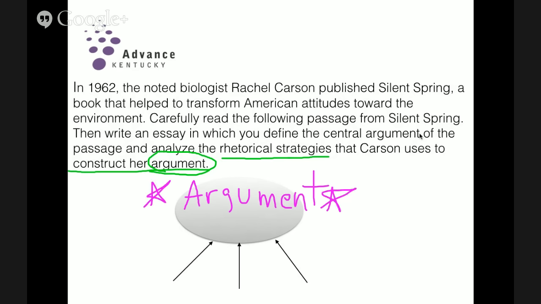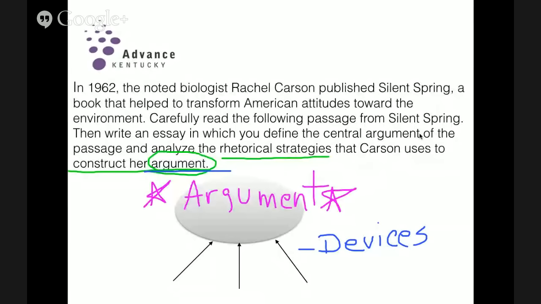Now, in order to understand that, you have to be able to analyze the devices. And so whenever you get ready to do any of your essays, always remember, especially if you have to do rhetorical analysis or even the synthesis question, we'll look at that too, the devices should not be the cornerstone of your paper. Her argument is the cornerstone of this paper, and the devices tell us how she does it. How does she construct the argument?